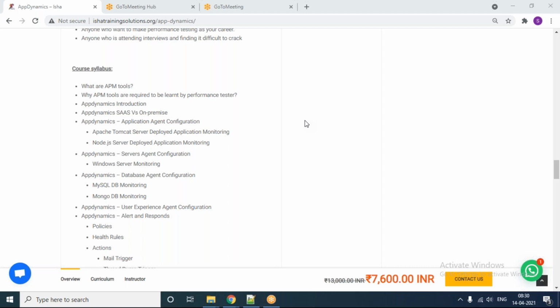Whether you have chosen it or not, everything comes from the one agent itself. No extra configurations or parameters need to be added for that. That is good.